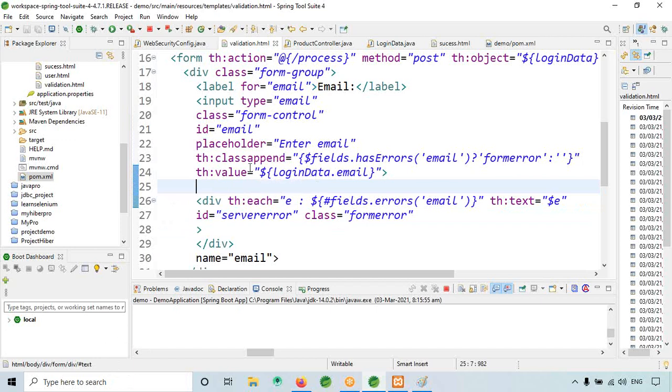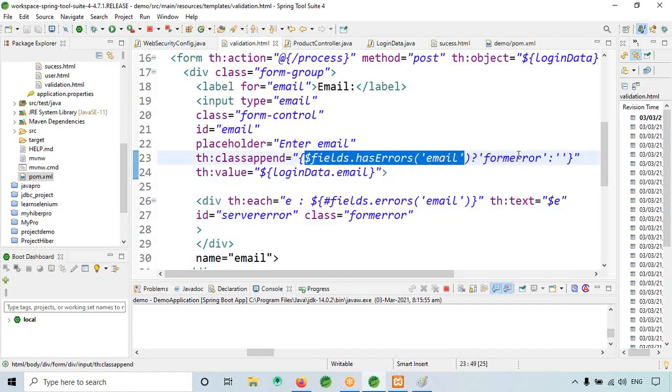Sometimes the field will be empty, sometimes you have to print that the email should contain the at the rate, like that. For that I have written this for loop, and for this I have given the class called form error, that I am calling here, if the email field has the form error.